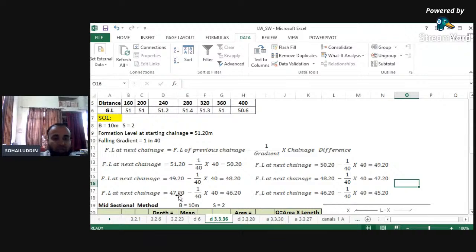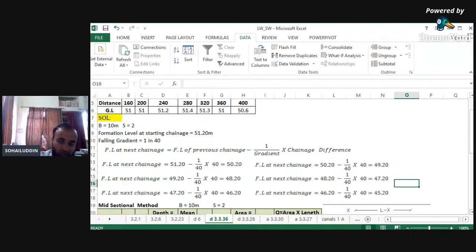47.20 is used for next change, that is 46.20, and 46.20 is again used for next change. Finally it is 45.20 up to 400. So up to 400 we have to calculate the various FLs. So total FLs were 1, 2, 3, 4, 5 and 6. Yes, so there were 6 FLs. So we have calculated all these 6 FLs depending upon the first FL, which has already been given, and